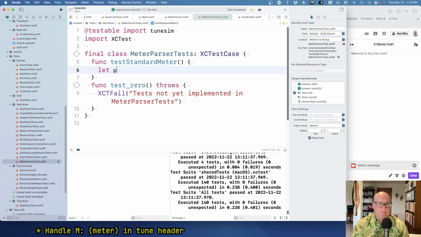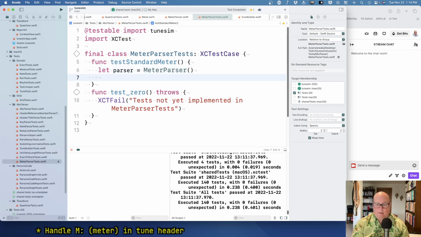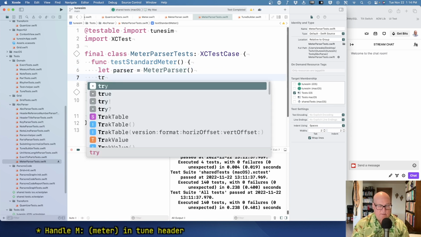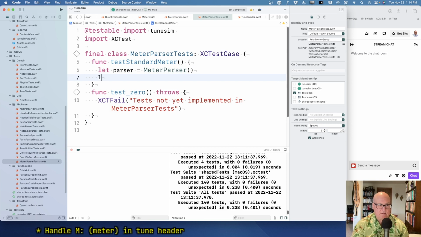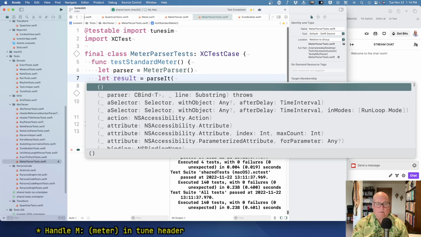Okay, so let parser equal meter parser. And then is it try parse? Parse it of parser